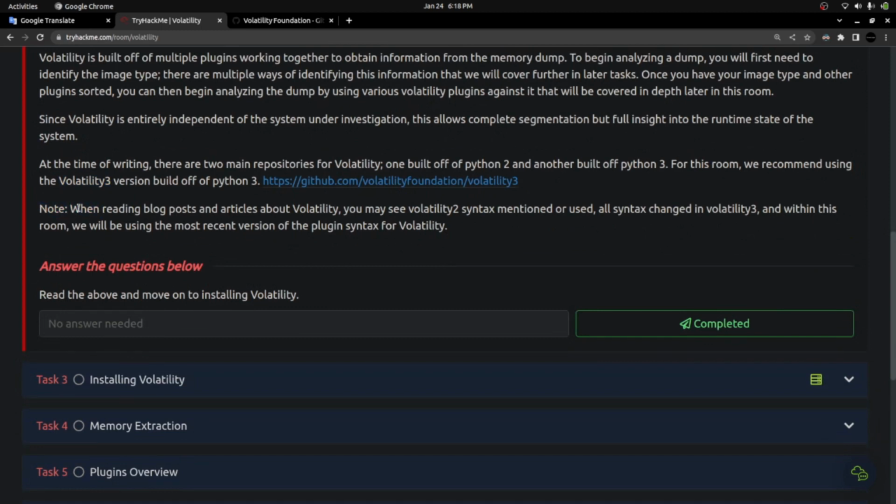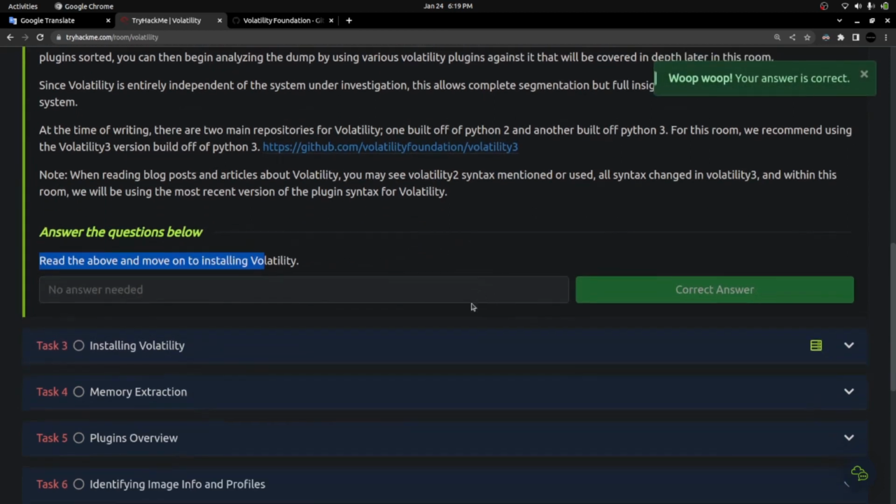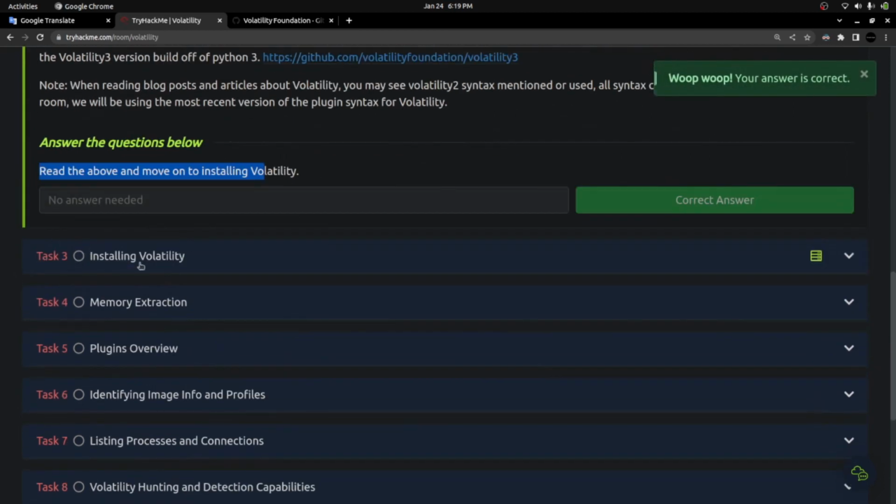Note: when reading blog posts and articles about Volatility, you may see Volatility 2 syntax mentioned and used. All syntax changed in Volatility 3, and within this room, we will be using the most recent version of plugin syntax for Volatility. And there are slight changes in the command you use between Volatility 2 and Volatility 3, but it will be very easy, nothing bigger. All right, so this is just information. We just read this, and going to task 3,